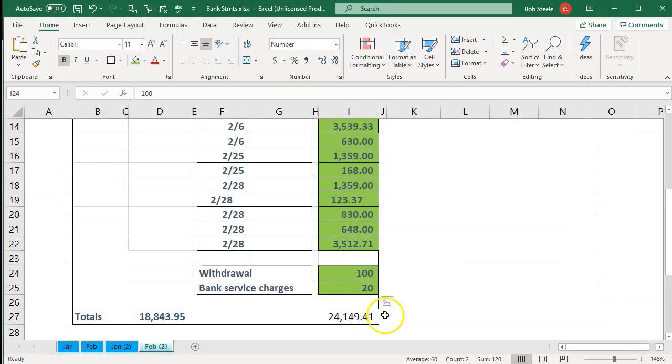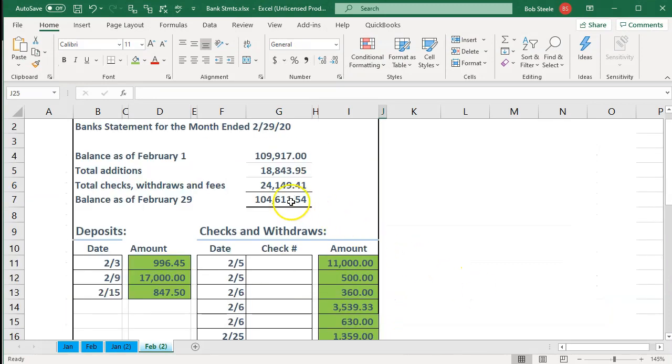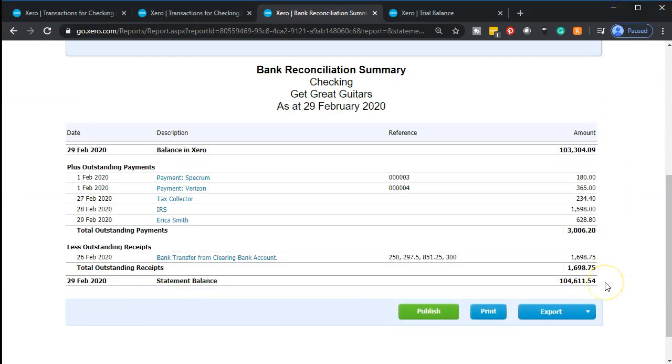104,611.54. And that should tie up to the 104,611.54. So now we have reconciled to the bank account. So this bottom line number ties out to the bank account. If we have problems with any of these reconciling amounts, we know right where to go. We go to those reconciling amounts and see what the problem is. All the other transactions, because we're exactly on, means that we're pretty confident we have a good second check about